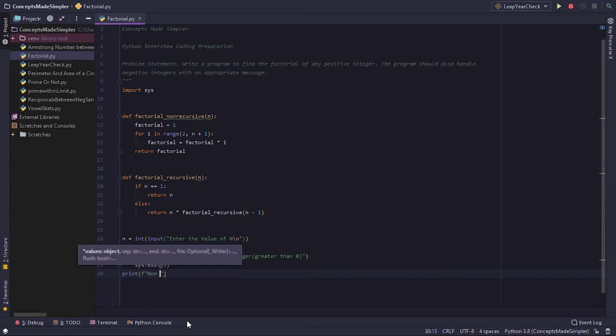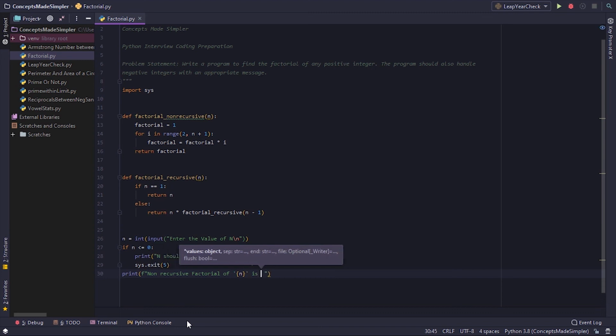So non-recursive factorial of, if I give curly braces and I give any variable, or if I want to execute anything, that gets executed and then gets converted into a string and is appended in position. So that's why I like f-strings rather than writing the plus operator or using the format function and all that stuff. So factorial of n